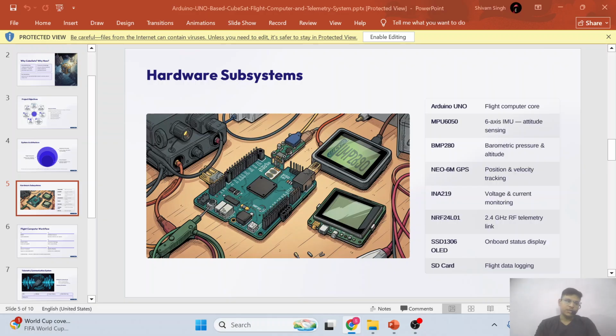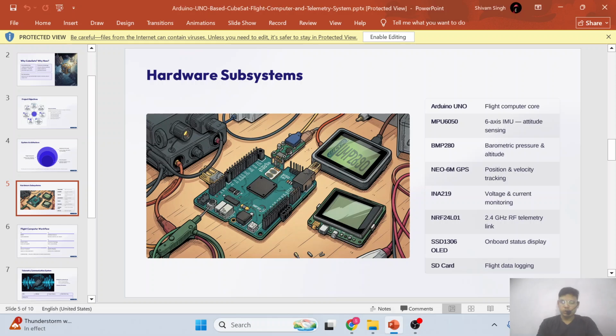That is the complete workflow. Here you can see the power monitoring system, sensor acquisition, and data processing, and the SD card is used to review the data after we monitor our satellite.